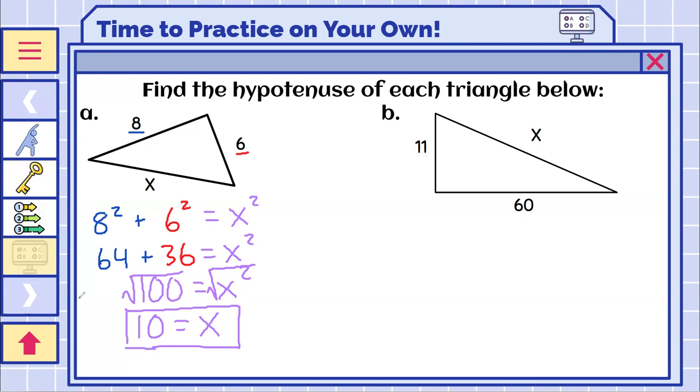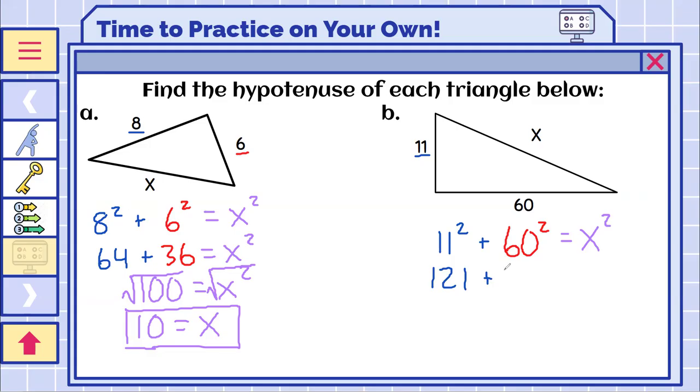Now let's check the other problem. For this one, you have 11. So if you put 11 to the power of 2, plus you had 60, so if you put 60 to the power of 2, and all of this is supposed to equal x to the power of 2, then you set up your equation correctly. From here, if you did 11 times 11 and you got 121, plus you had 60 times 60,